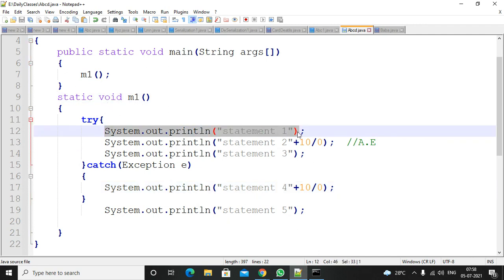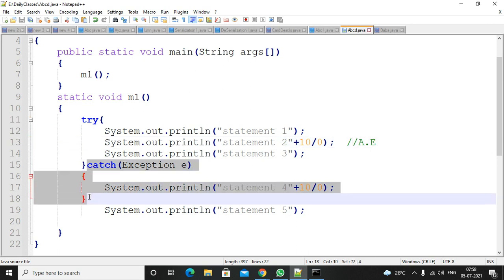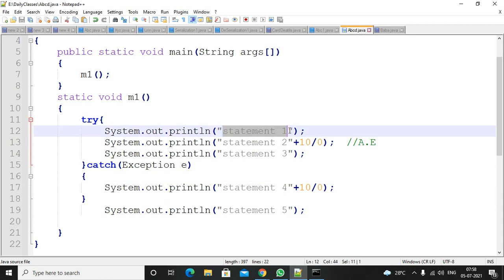It will print statement 1. Then there is an exception in this line, so it will automatically create the exception object and forward it to the catch block. Here there is a parent-child relationship between exception and arithmetic exception, so no problem. It will handle this. It will match the catch block. So in this case, statement 1 will be printed.